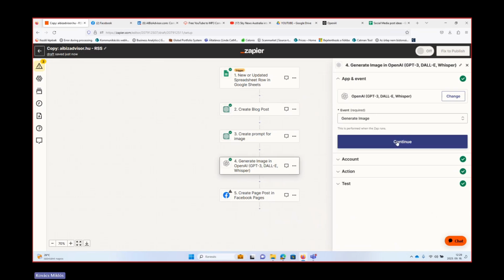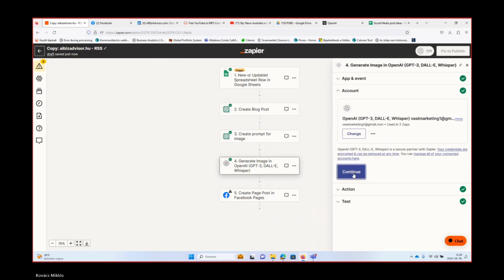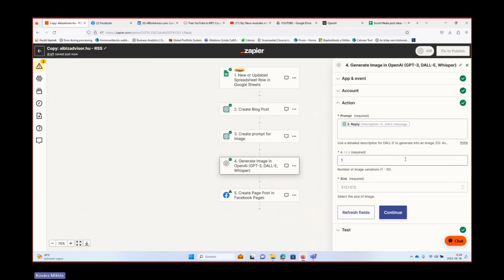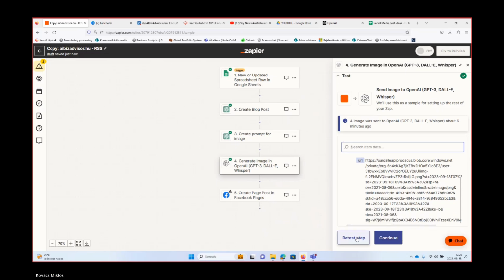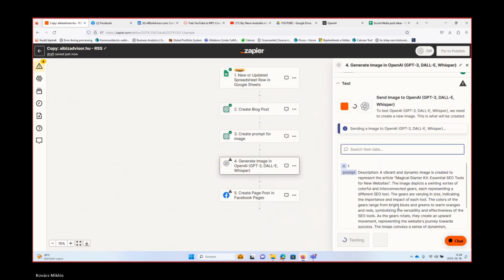OpenAI, as we learned, generate image. You can see after you learned how to do that, it will go very smoothly and quickly. It's still fine. We generated a prompt. We will use this prompt to generate the image. Okay, let's test it.